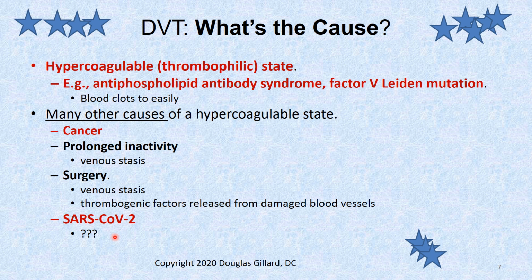The New York docs just presented 5 cases in the New England Journal of Medicine where young, healthy people, 30 to 40, 5 of them died not of respiratory failure, but of blood clots, massive arterial blood clots to the brain. So this little bugger somehow is stimulating the cascade. Their D-dimer levels were way up. Their thrombin levels were way up. What the mechanism of that is, we're still trying to figure out, but that's an interesting and horrifying story,